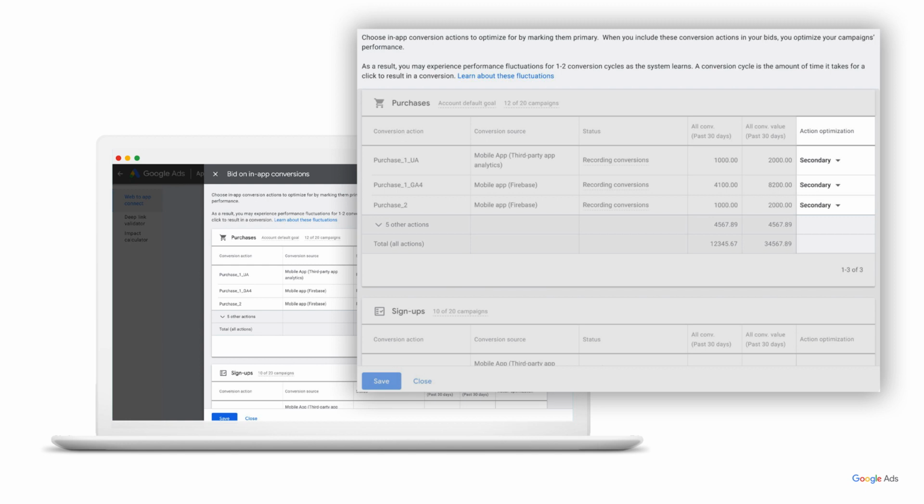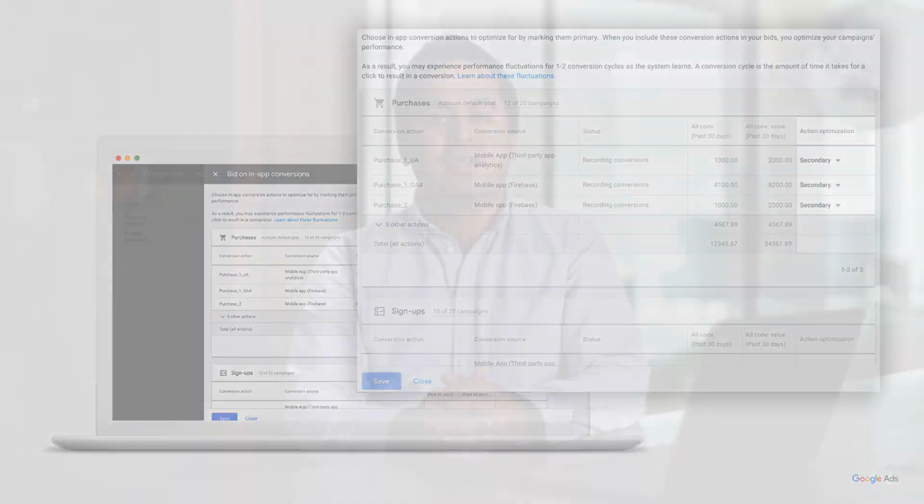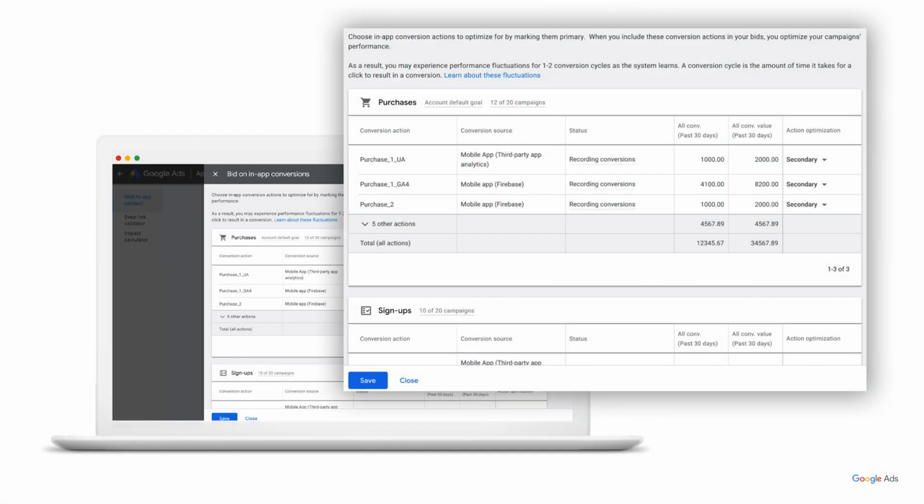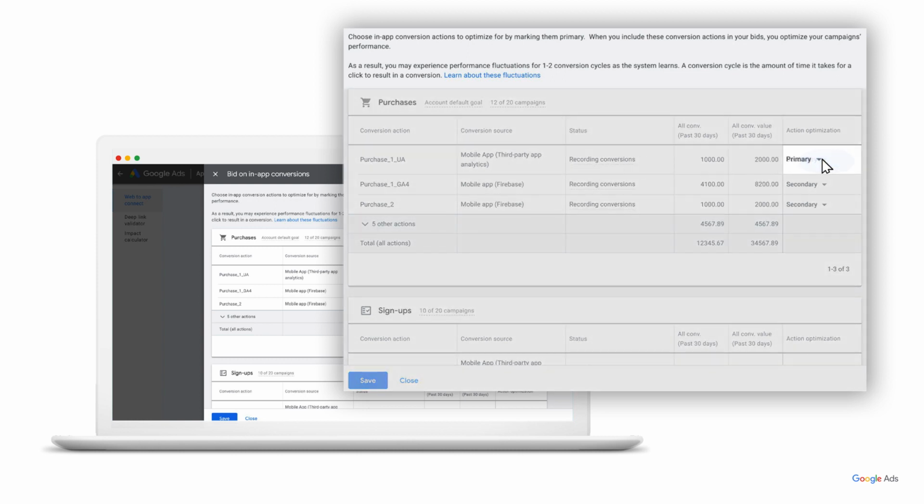The secondary in-app conversion action status will appear within the Action Optimization column. This refers to how the conversion action is used toward your campaigns. Secondary conversion actions are used for observation only and do not appear in campaign reporting. So, you'll need to switch these conversion actions from secondary to primary to begin optimizing your campaign performance for your